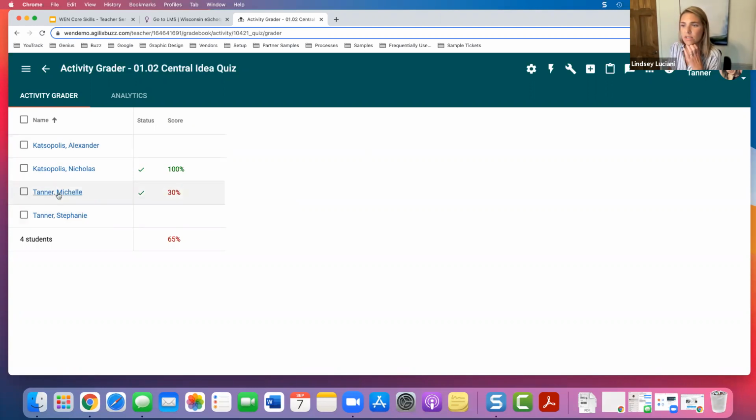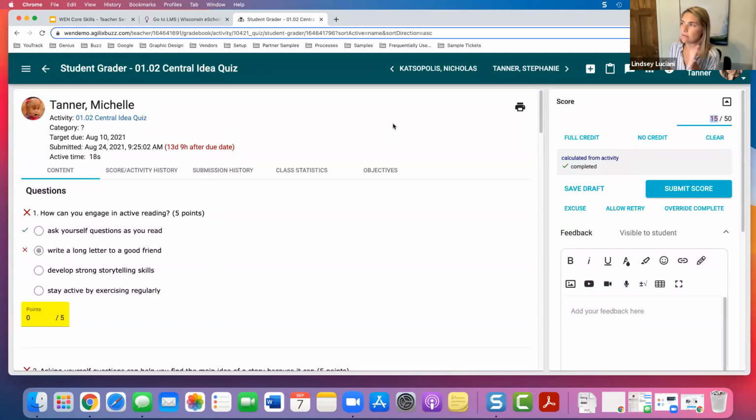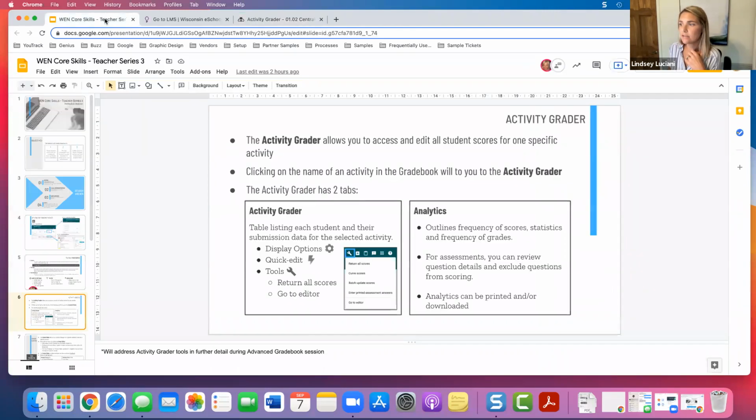Another thing is you can click on a student's name directly from the activity grader, and it'll take you right to the grade editor from there, which we'll get into in a second. But that's just kind of helpful. All right, next, we will jump into